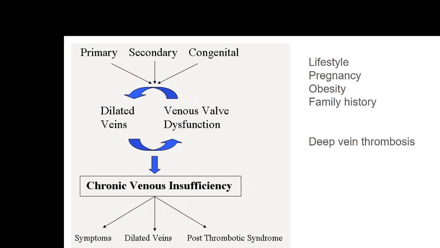Secondary is when it is produced due to reasons other than that, like pregnancy, obesity, ascites-like conditions, where intra-abdominal pressure is increased, and that results in the varicosities as such. Or the deep vein thrombosis, as I told earlier, where the deeper veins are blocked, and hence there is an excess of blood flow through the superficial system.